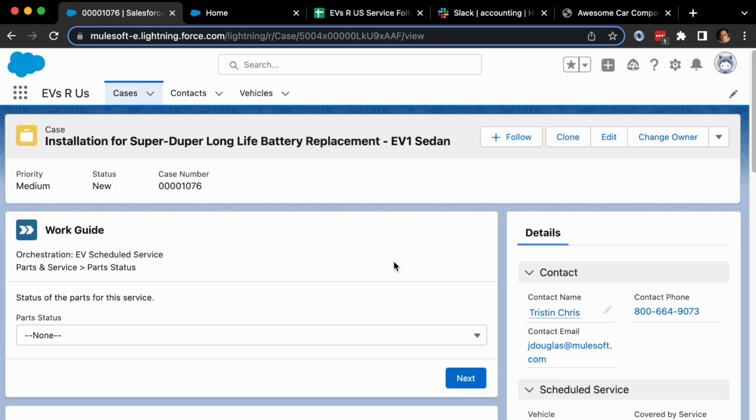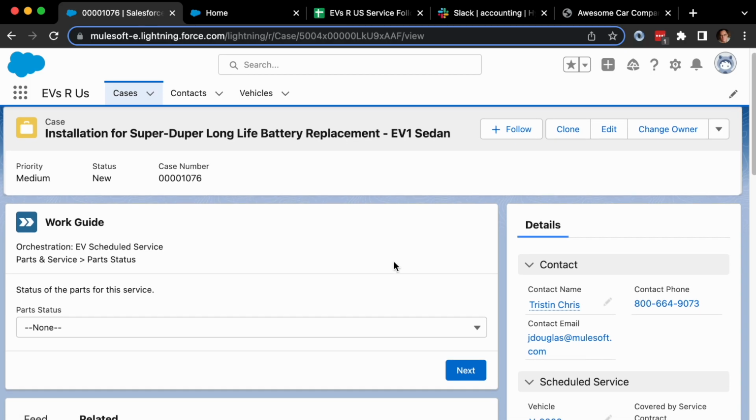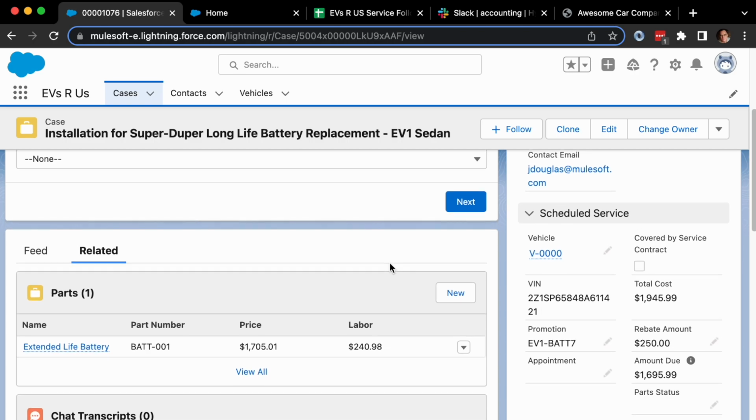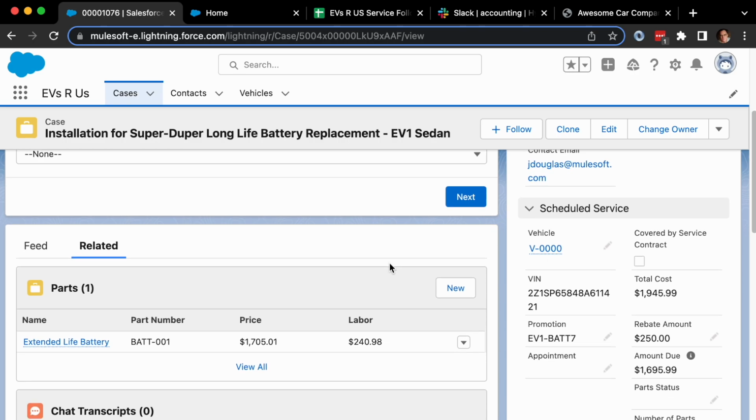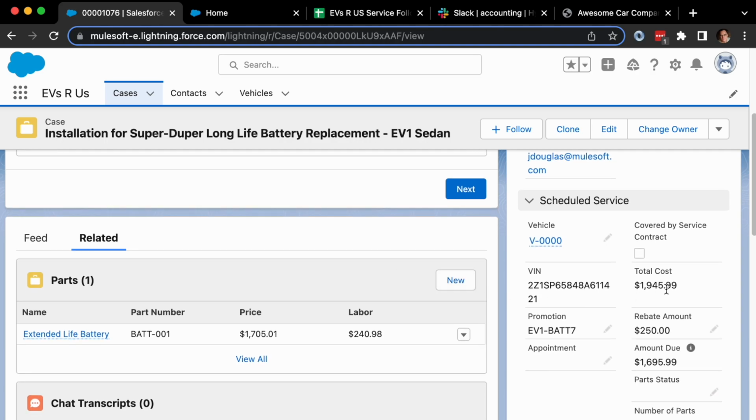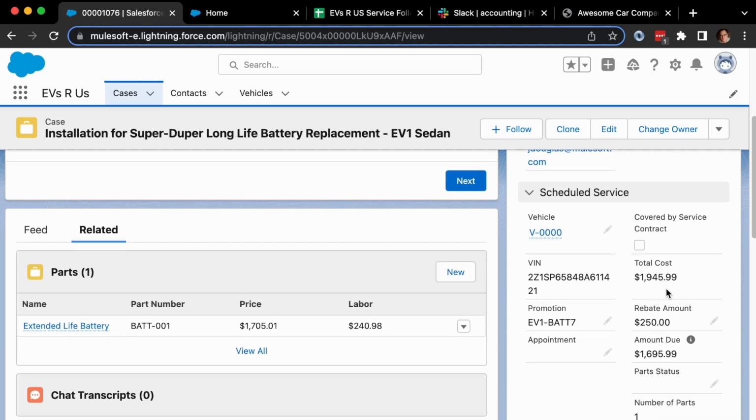The next step runs in the background to invoke a flow that calls the Awesome Car Company API on CloudHub and returns all of the parts that are needed for the battery upgrade. These records are inserted into the case parts related object, which calculates the total cost. The amount due to the customer is updated with the total cost minus the rebate amount. The parts are displayed in the related list on the